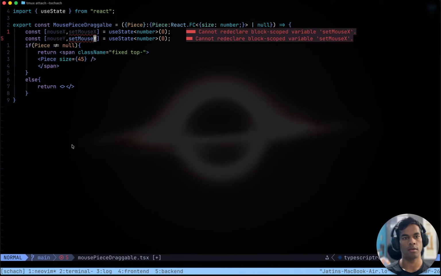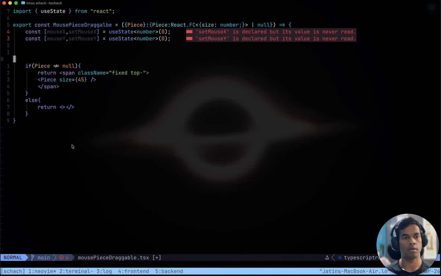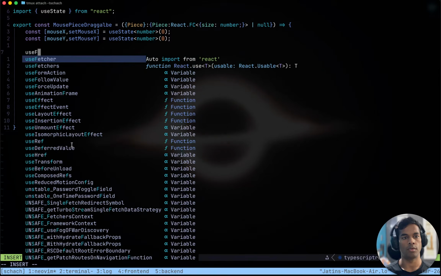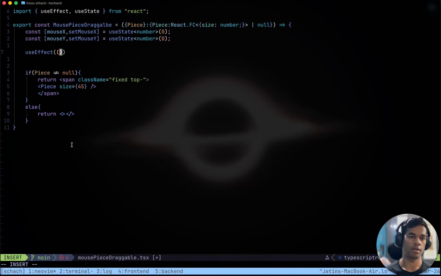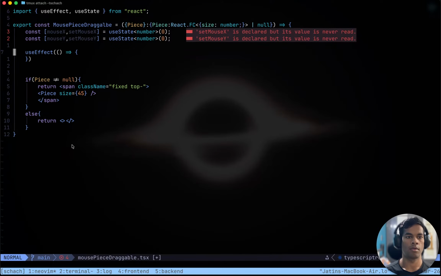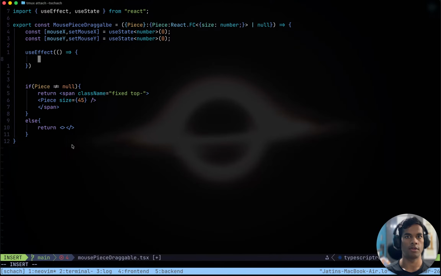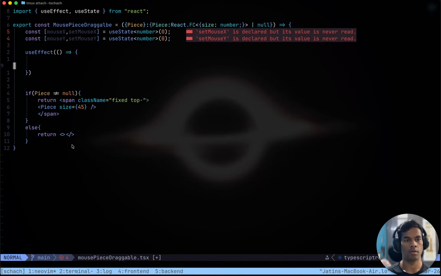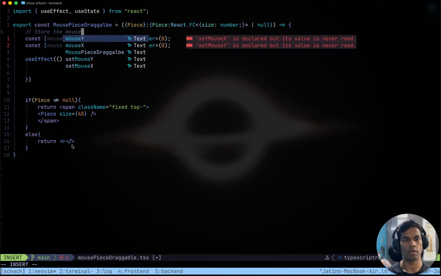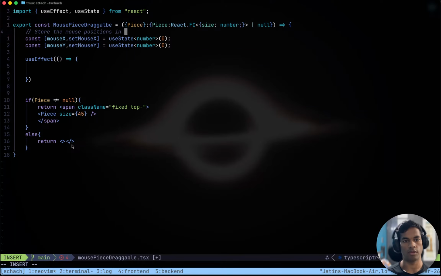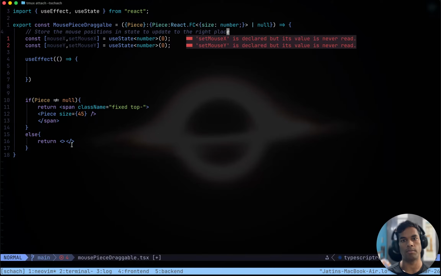Y. Use effect. Use effect takes in a function and event listener to store the mouse positions in state to update to the right place.